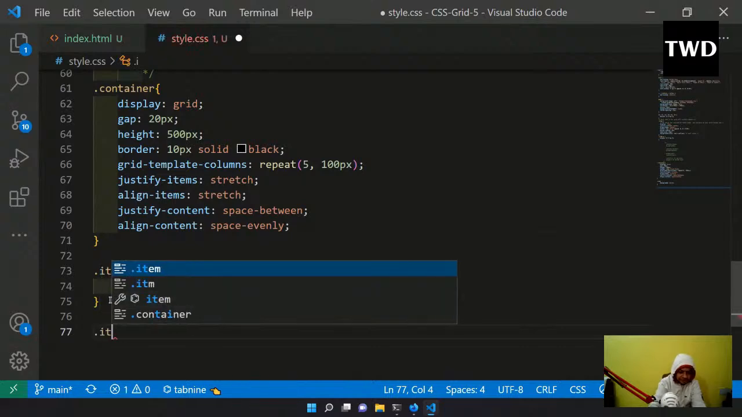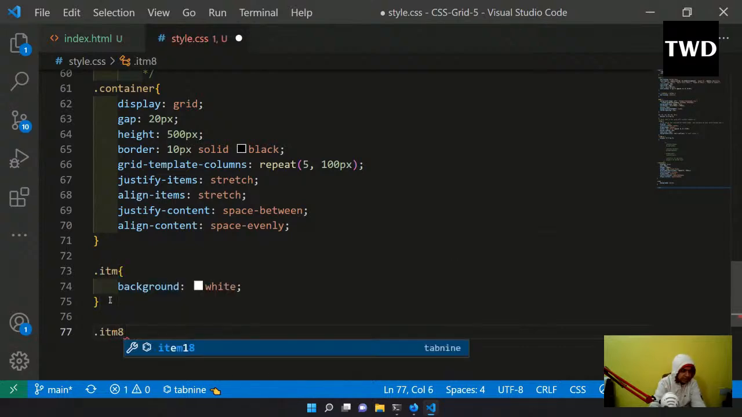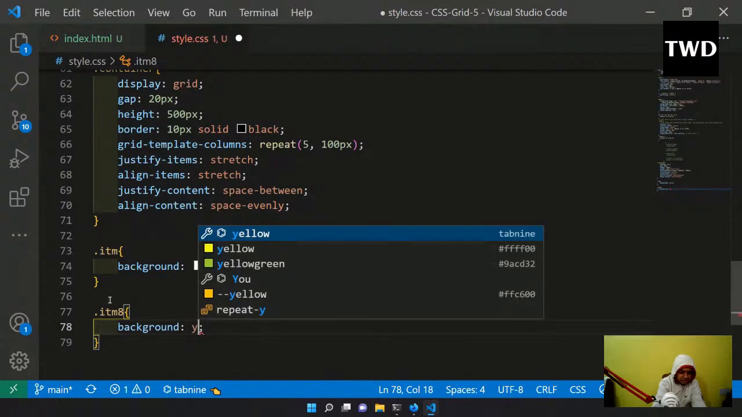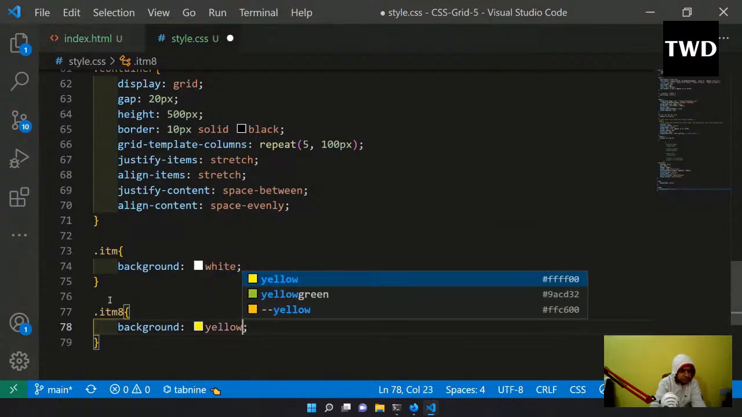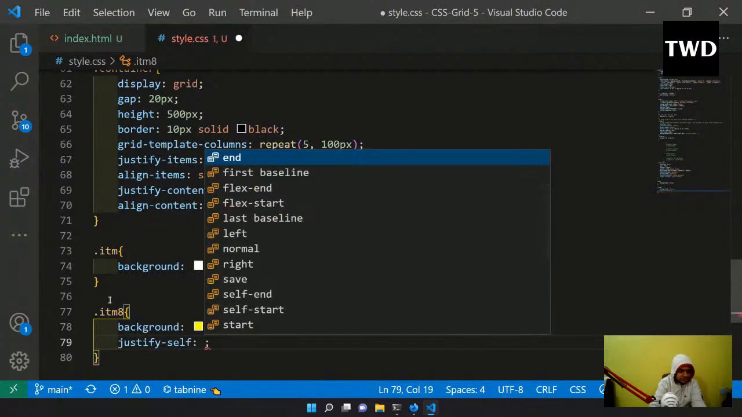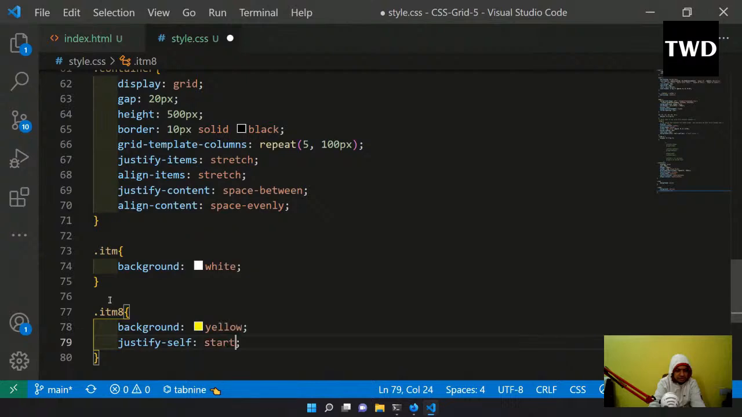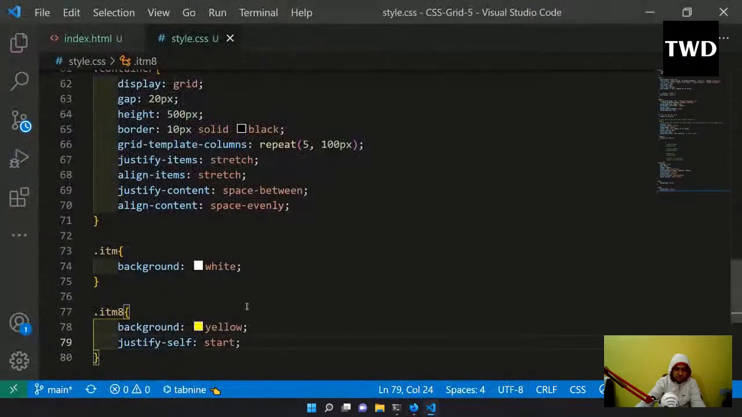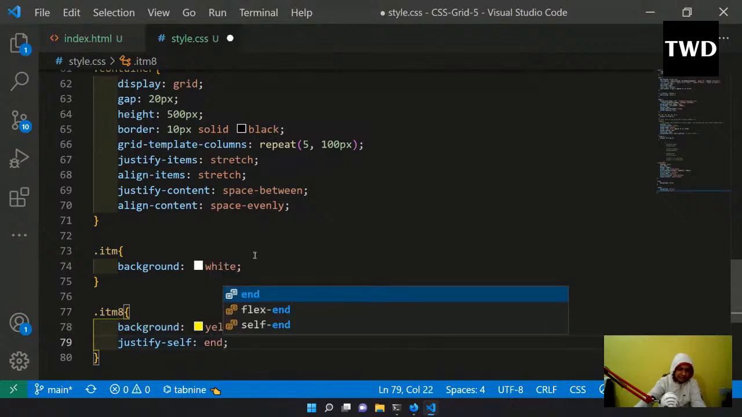So item 8 I am going to target, and background is yellow, and justify self is start. Justify self is start. So see, now it will move inside this cell. Self is start, justify self, only this eighth one will be moving. So you might have guessed, end is like end,